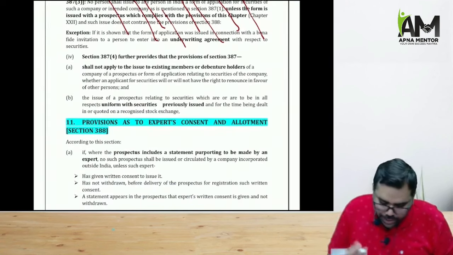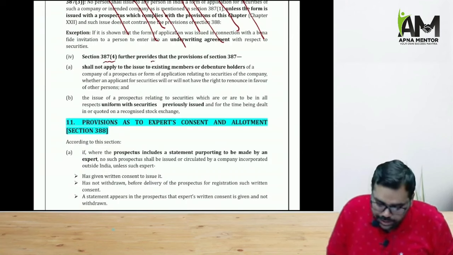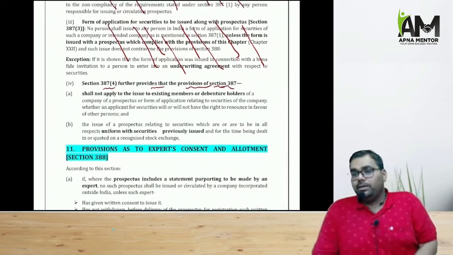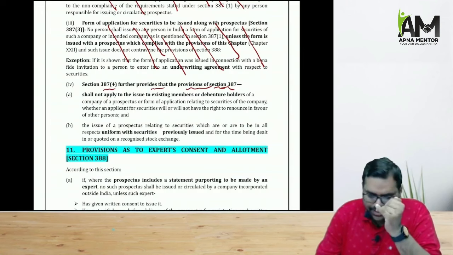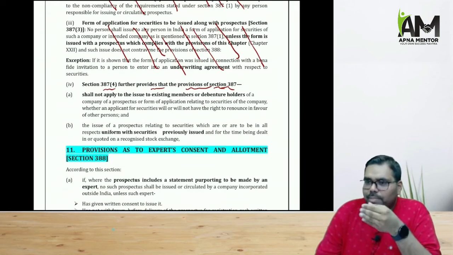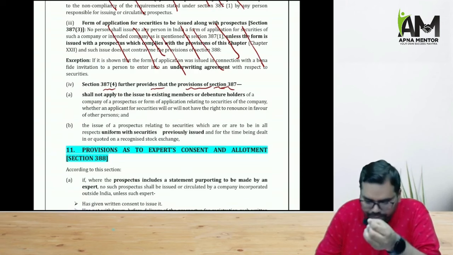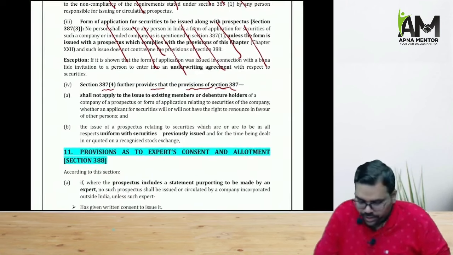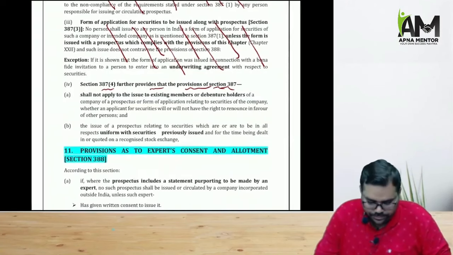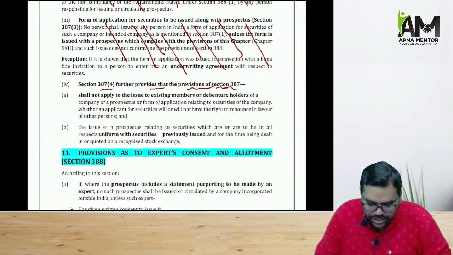You come directly to this particular point, point number 4. Section 387 subsection 4 further provides when the provisions of section 387 will not be applicable. That is, if the foreign company is making an issue to existing members, or an issue to the debenture holders of a company, of a prospectus or form of application relating to securities of the company, then in that scenario this requirement